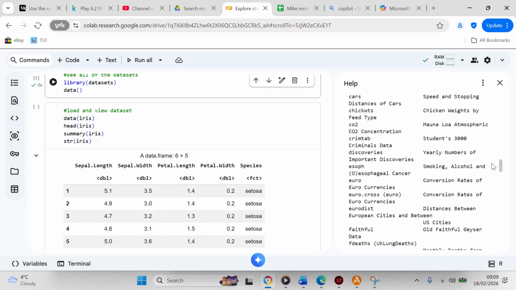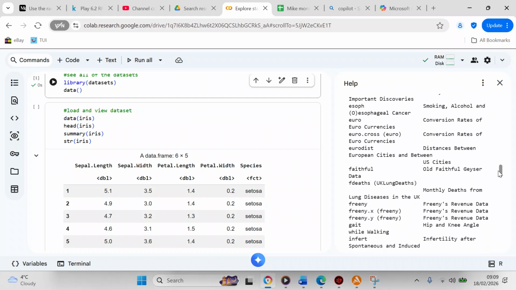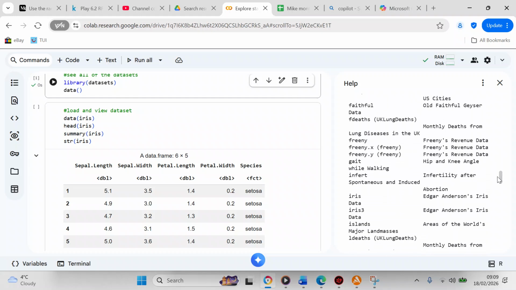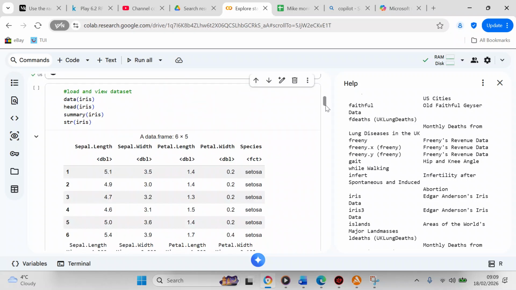Well, the iris dataset is in here somewhere. I can't find it. Oh, here it is. Here is the iris dataset. So one thing we're going to do is load up the iris dataset so you can see it. So you type in data brackets iris, and then when you type in head iris, that gives you the first six